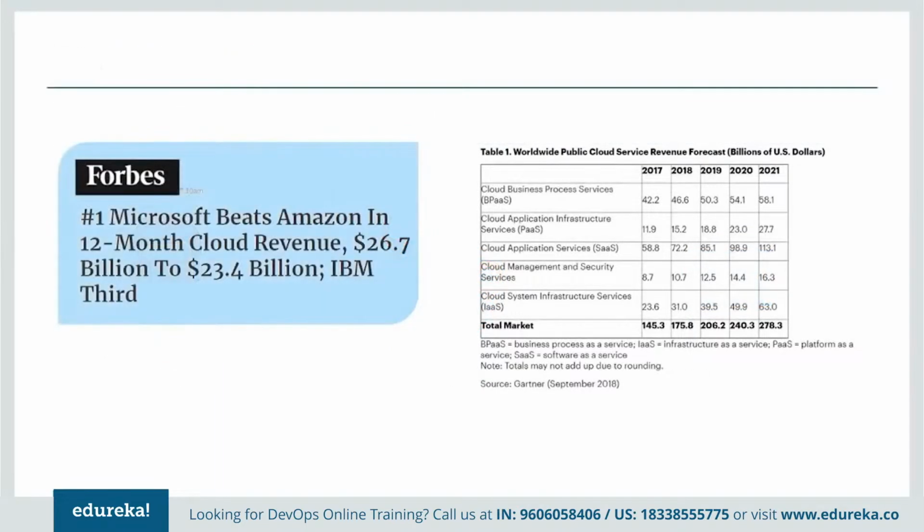Now, this is one figure which I wanted to show you before we begin. I think this was taken around 4-5 months back, but this is still very relevant. It's a clipping from Forbes, which says that Microsoft beats Amazon in 12-month cloud revenue. Now, the point here is not to show you that Azure is better or AWS is better. That we'll talk about later. But the idea to show this clipping is that both these services are earning approximately $26 billion per year. This was a figure around 6 months back. And in fact, these services are growing at a very phenomenal pace. I think the last quarter growth figure was approximately 50% for Azure.